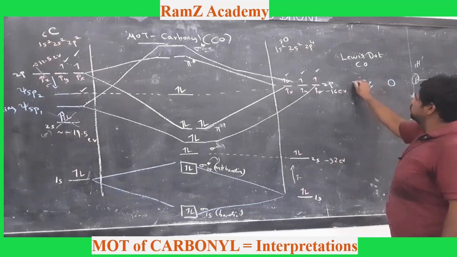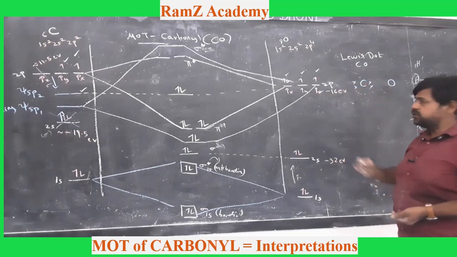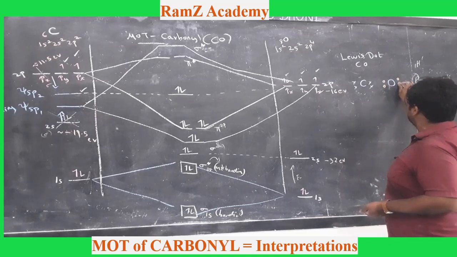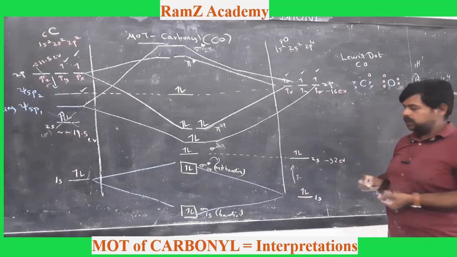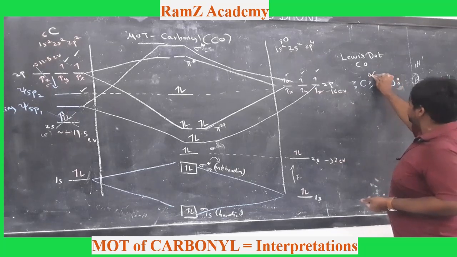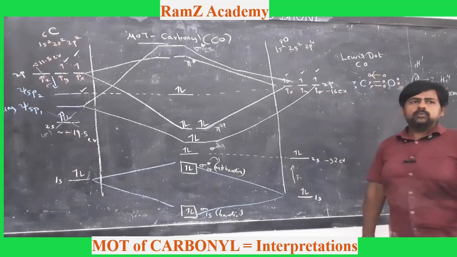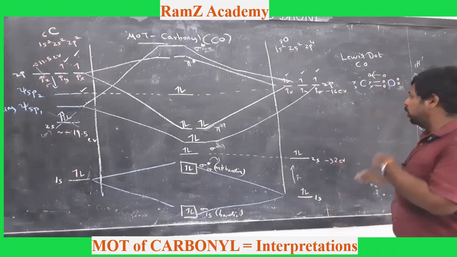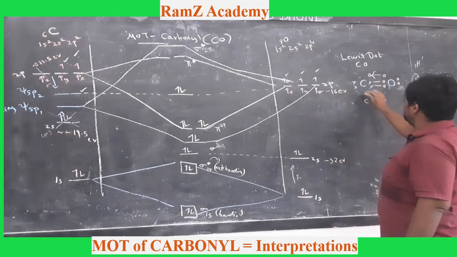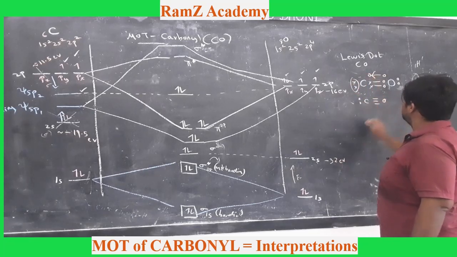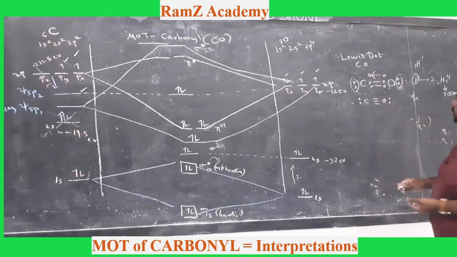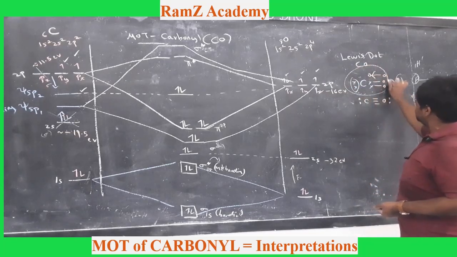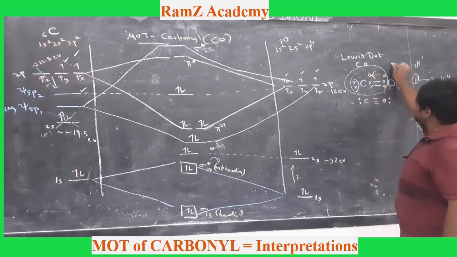So 1, 2, 3, 4 electrons are here for carbon. And for the oxygen, I am going to put 1, 2, 3, 4, 5, and now I am going to put one here, so 1, 2, 3, 4, 5, 6. That means there is one coordinate bond between oxygen and carbon this way. This is the coordinate bond that I have got, and I have got 2 more single bonds. That means totally the bond order here is C triple bond O, and I have one lone pair here on the carbon and one lone pair here on the oxygen. Here you can also see that the octet is complete: carbon has totally 8 electrons this way, and oxygen has totally 8 electrons this way.